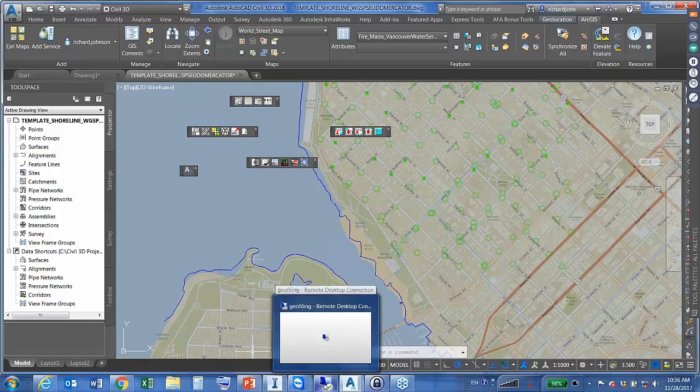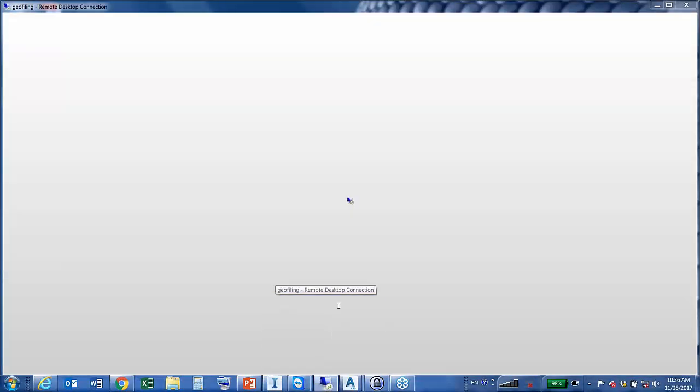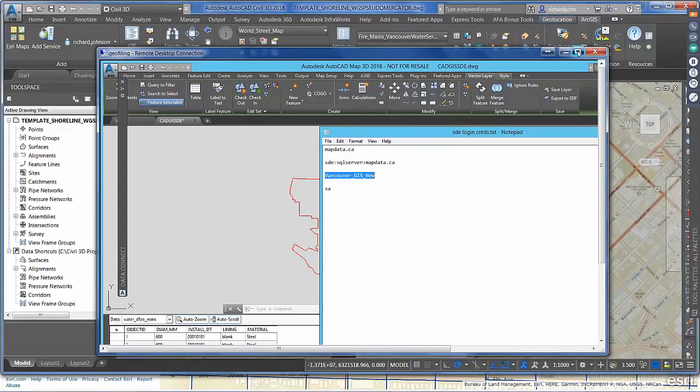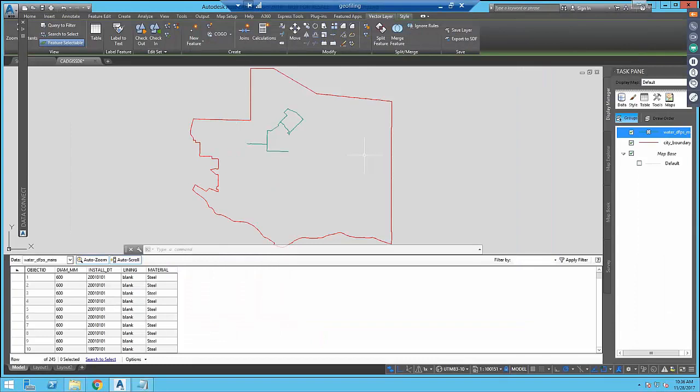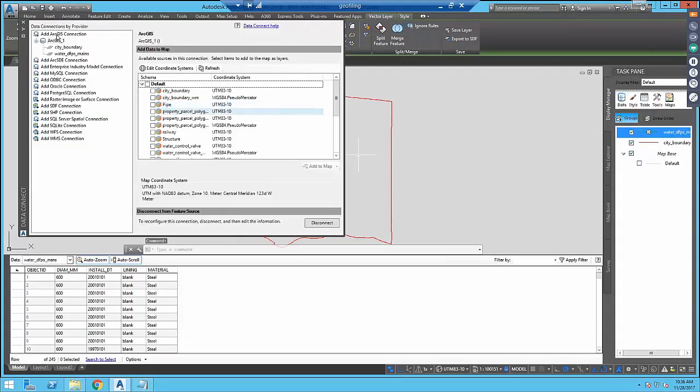So I do want to contrast that with using something like FDO. Here we've got a more traditional connection that we're probably used to, which is the 64-bit ArcGIS connection that we used for SDE. And you can see that in this case, I brought in the data using a service connection for SDE in this case